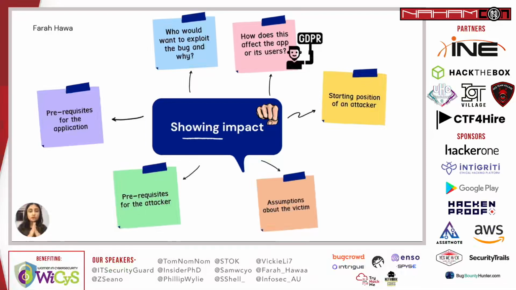So the main question that you should seek to answer while writing an attack scenario is who would want to exploit the bug and why? Another question is, how does this affect the app and its users? An answer to that could be that if the bug is exploited, then it could lead to a GDPR violation. Keep in mind that an attack scenario is not always needed, especially for obviously valid bugs like SQL